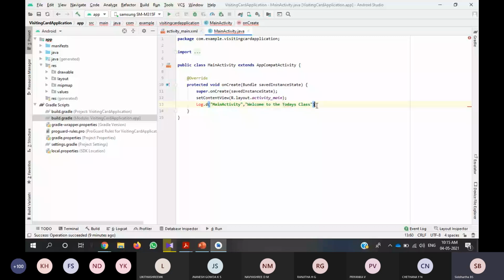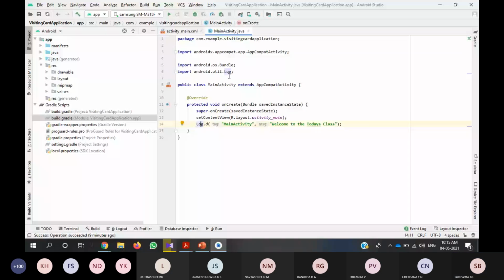So Android will talk. What if you get any error? You just need to press Alt Enter. See, the error is gone. The particular supporting file has been added to your file. See here, util.Log has been added. If you get an error, you can solve it by pressing Alt Enter. You need to remember these things also. When you are developing an application of your own, if you get an error, you should know how to clear it. That's the log thing.